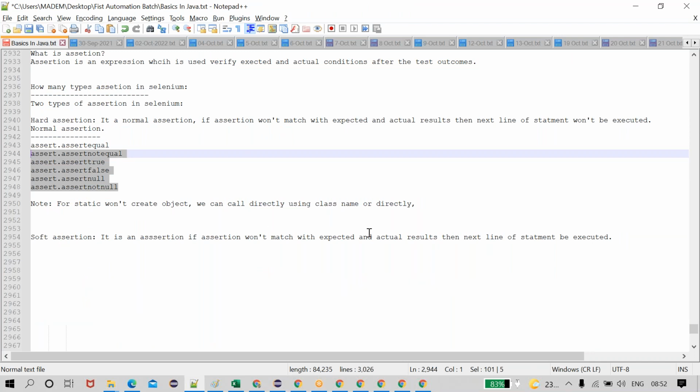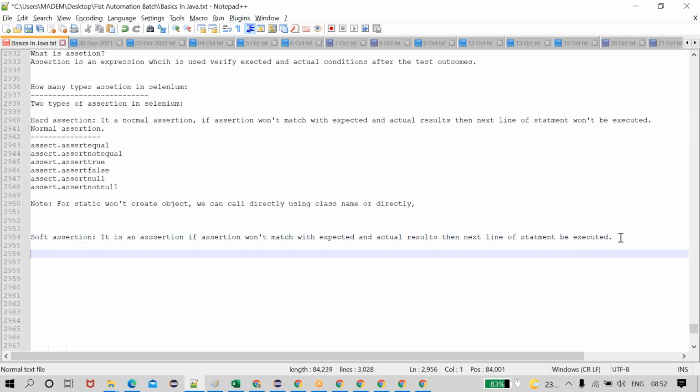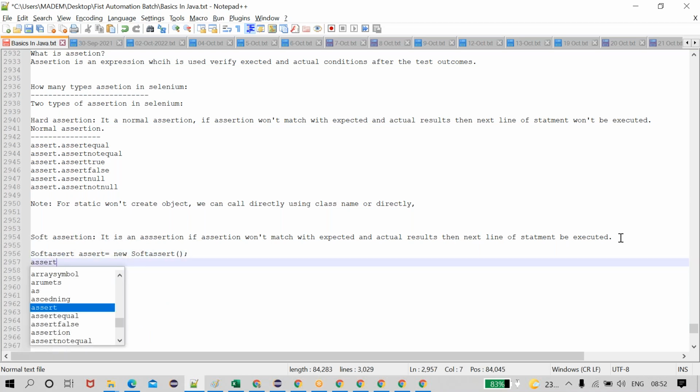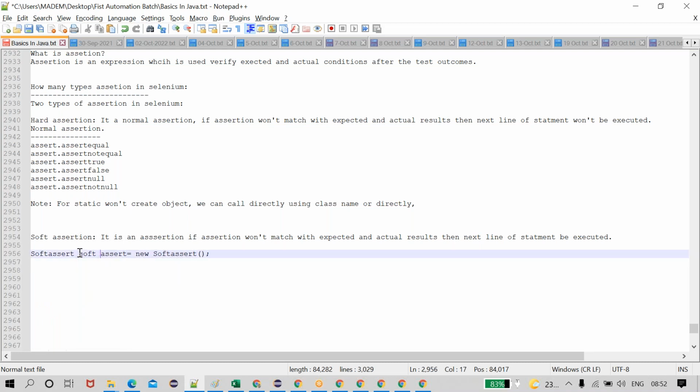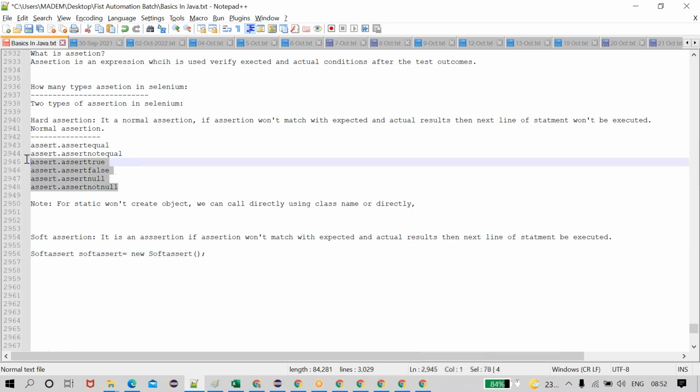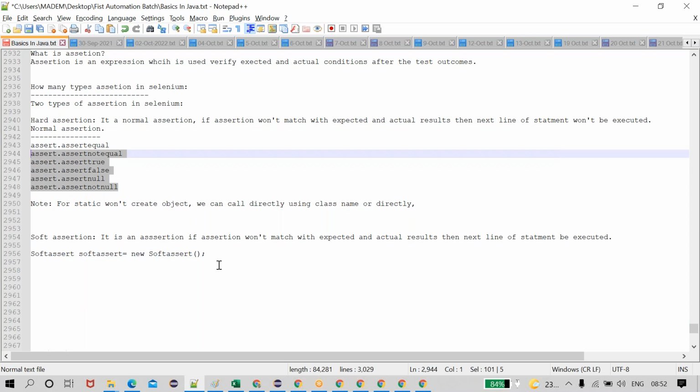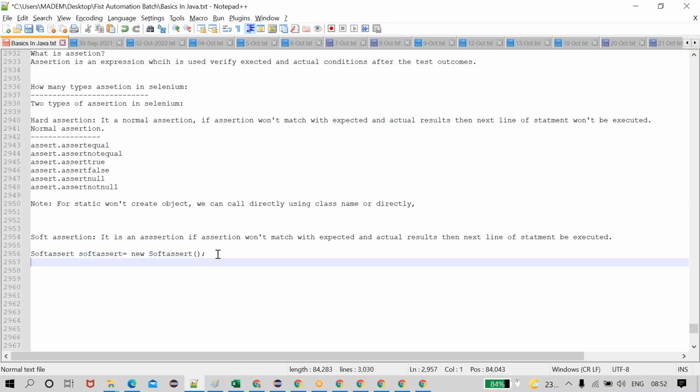Okay, whereas for soft assertions we need to create the instance. How to create a soft assert reference: SoftAssert softAssert equals new SoftAssert. Same method. The reference is a SoftAssert, don't get confused. softAssert dot assertEquals. It uses the same method, but it is a non-static method, so we are creating the object.